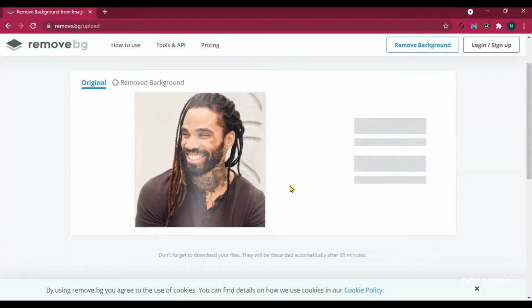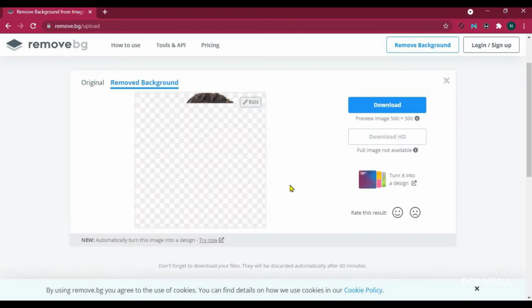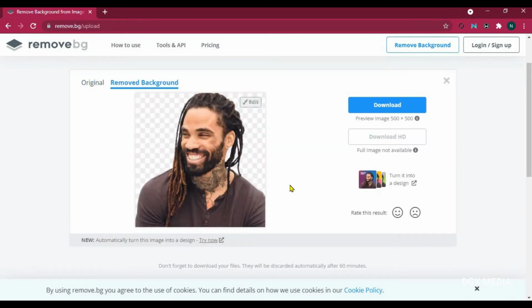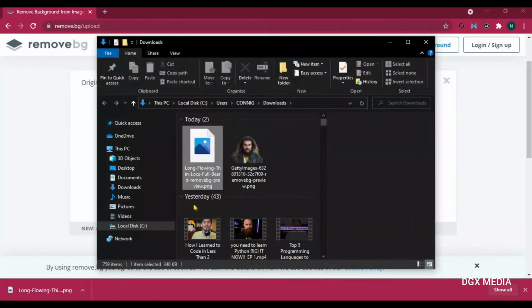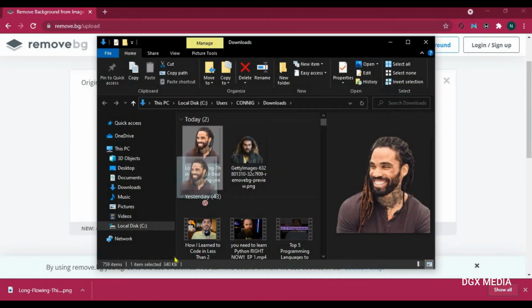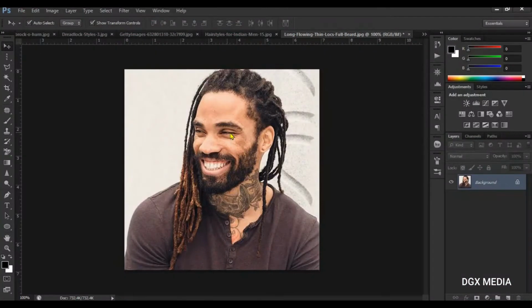Okay, allow it to run. This is basically an AI engine. It crops your picture automatically. So all you need to do is download the image that has been cropped, open it, you click, you drag it back into Photoshop, you drop it here,